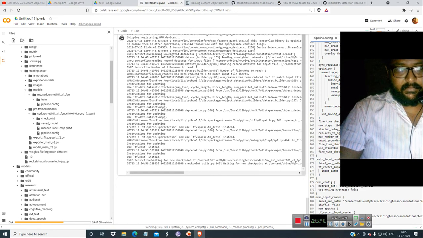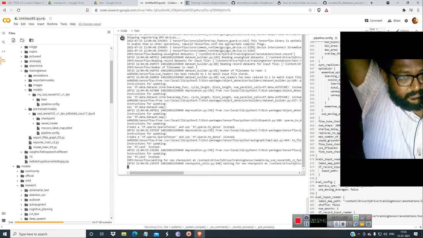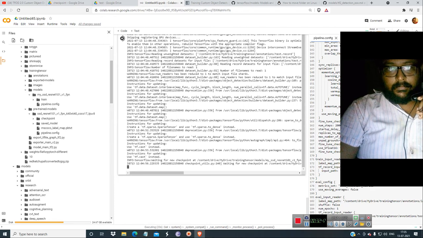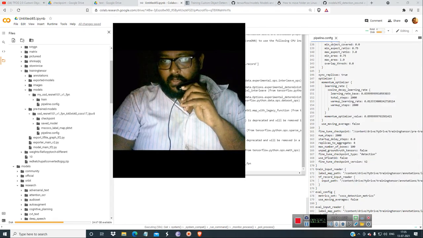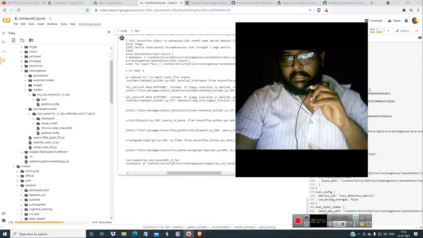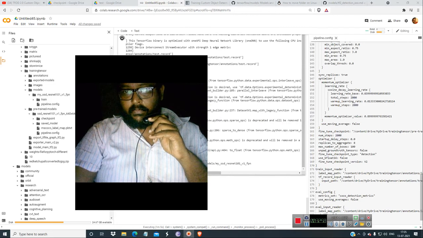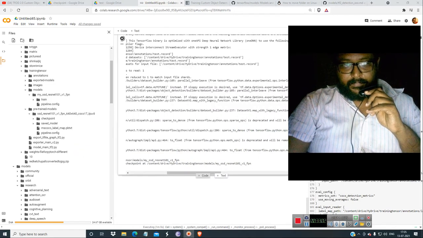So I think everything is going in a correct manner. You have to give the total number of steps correctly; I have given 2000. It is over here at the 154th step, so it is just running.